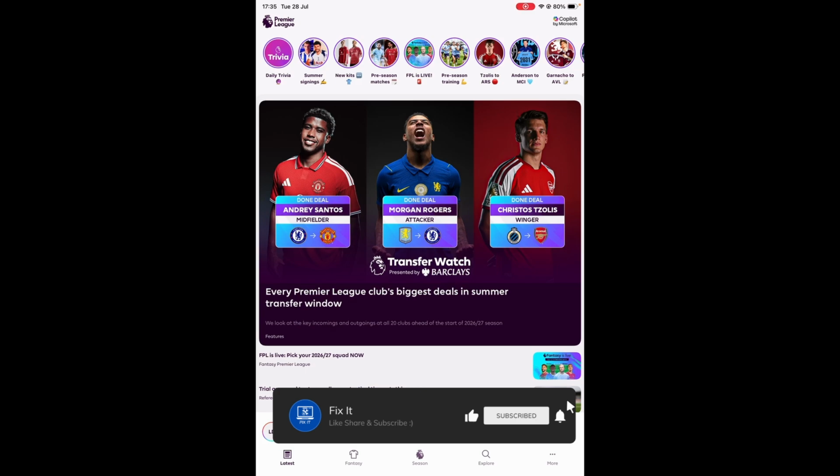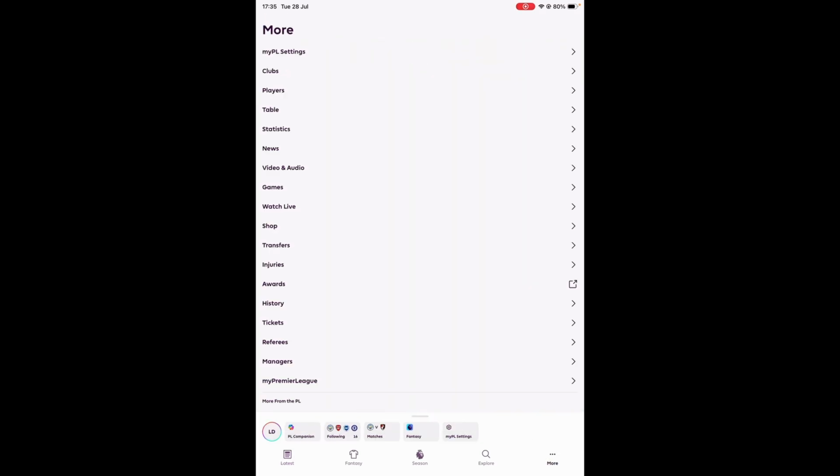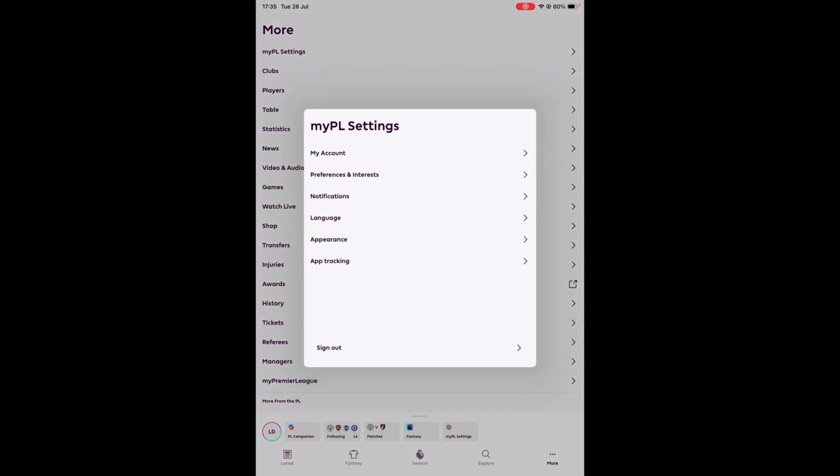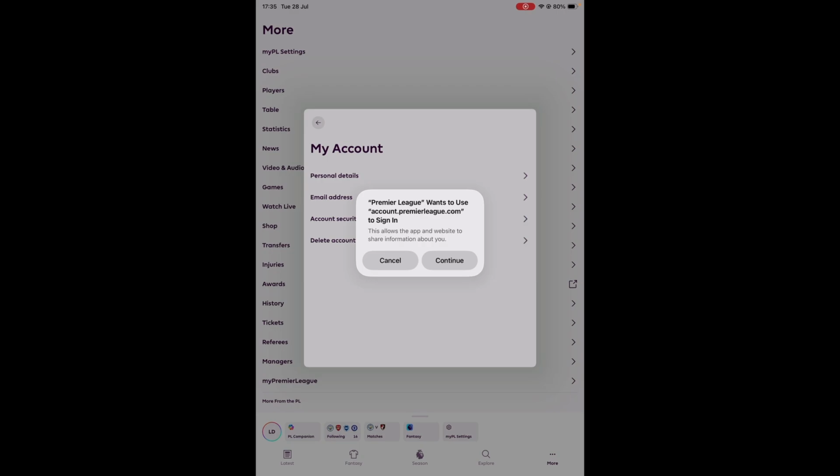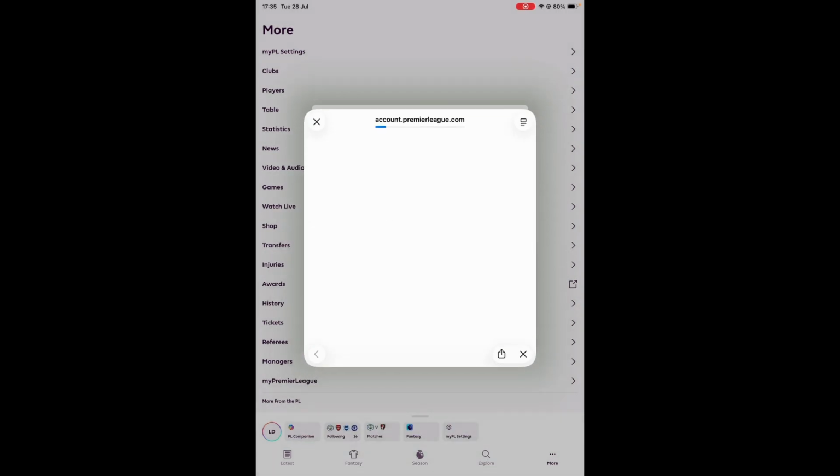Now click on the More button from the bottom right corner of the screen. Then select My PL settings. Here select My account from the top. Now select Delete Account, which is below the account security option. Then select Continue, and this will take you to